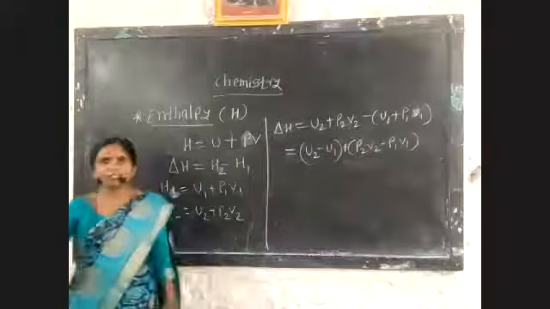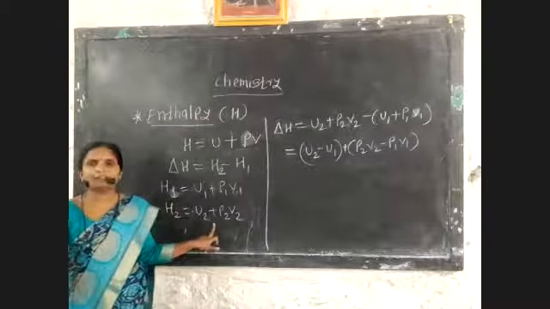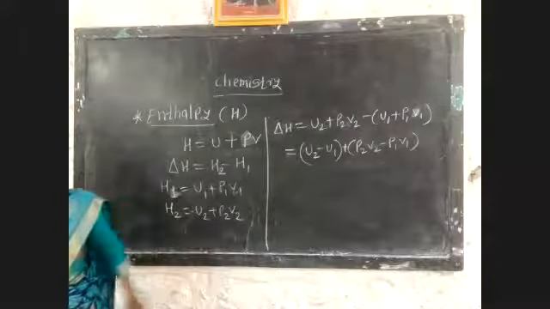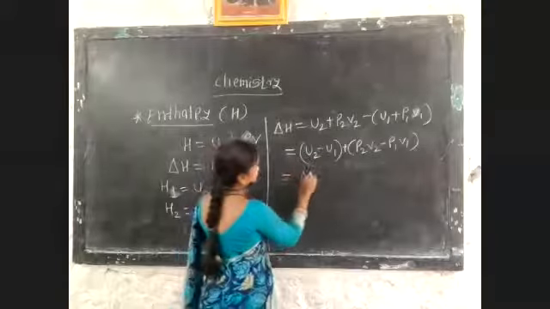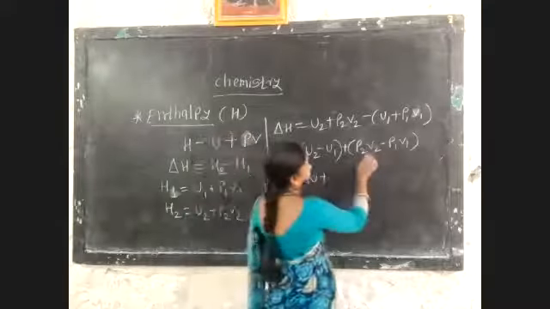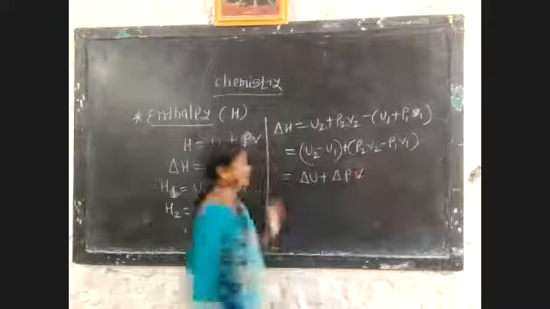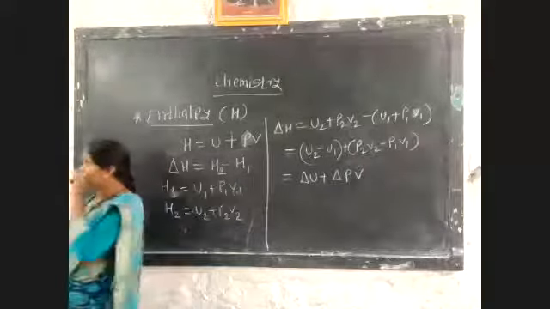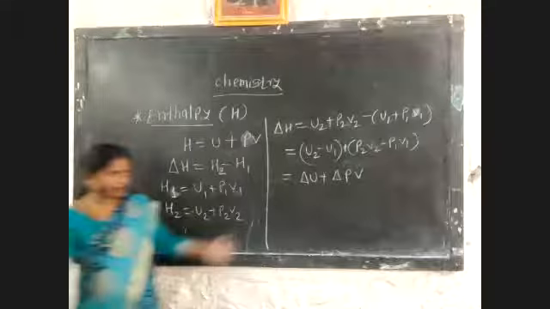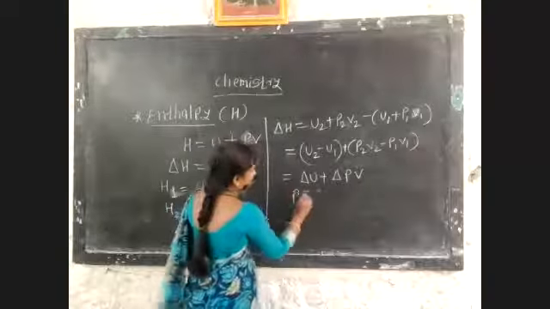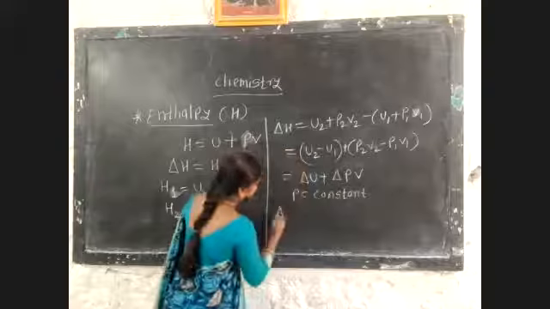या फॉर्म मध्ये इक्वेशन केले, फक्त काय केलंय, हे जे इक्वेशन आहे आपलं चेंज इन एन्थाल्पीचं, त्याच्यामध्ये इनिशियल आणि फायनल एन्थाल्पीचे व्हॅल्यू पुट केले, त्यानुसार तुम्हाला हे इक्वेशन तयार होताना दिसेल. आता याच्यामध्ये परत U2 minus U1, that is the change in internal energy, plus pressure volume work at the final state minus pressure volume work at the initial state, that is the delta PV. या फॉर्म मध्ये हे इक्वेशन होईल. तर या फॉर्म मध्ये इक्वेशन तयार झाल्यावर तुम्हाला दिसेल, but for constant pressure, if the pressure is constant, then the equation becomes, that is delta H equals